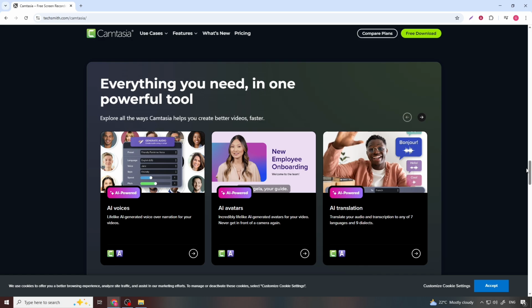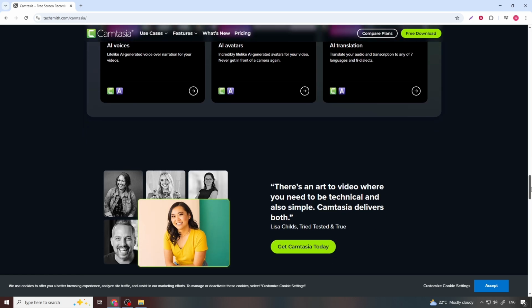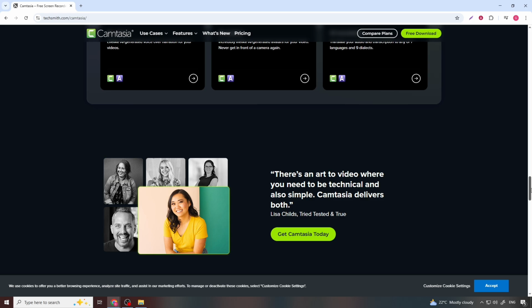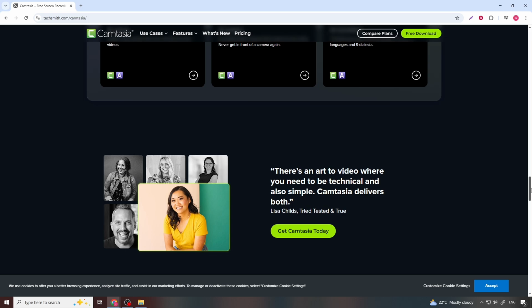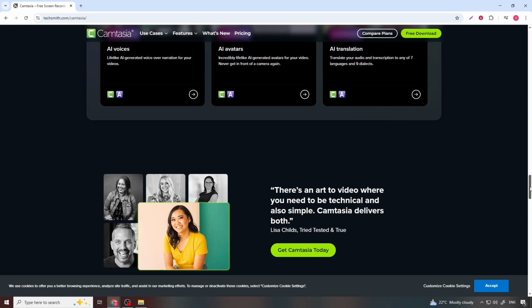Overall, Camtasia is a strong choice for anyone who needs clear, structured, and professional screen-based video content. It excels in tutorials, training materials, presentations, and instructional videos, where clarity and polish matter most. While it may not replace advanced cinematic editing tools, it delivers a dependable, efficient workflow that supports long-term content creation